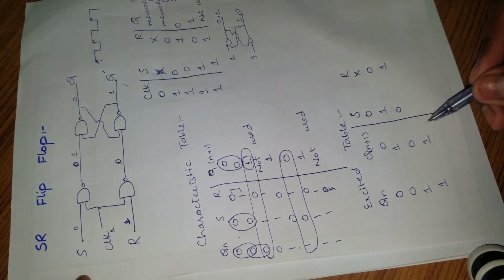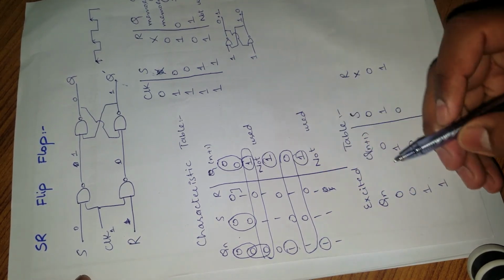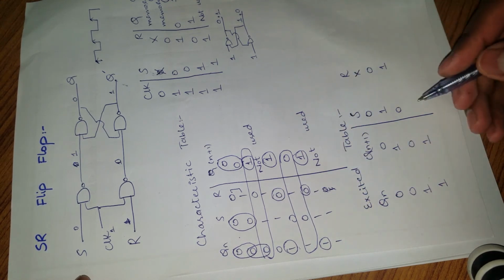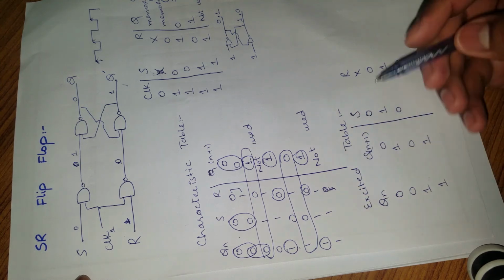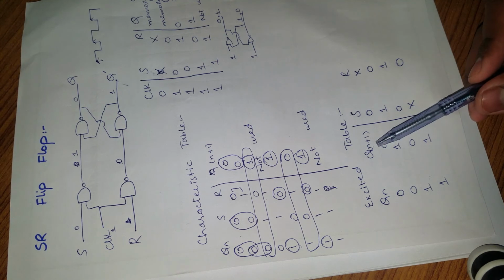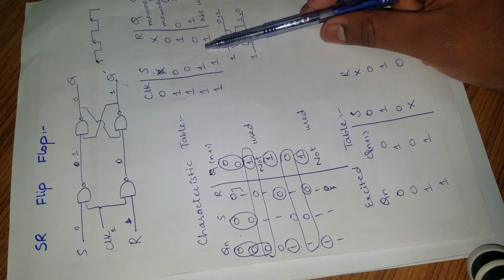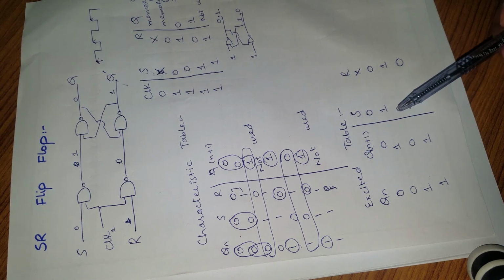Now for the 1 1 condition, when both are 1, we have this one and this one. In this we can see the value of R is the same, 0, so we can write 0, and S is arbitrarily changing, so we can write X, a don't care condition, which means whenever we have R 0, the output will be 1 1 for Qn and Qn plus 1. From this table we can also make the characteristic table and excitation table.